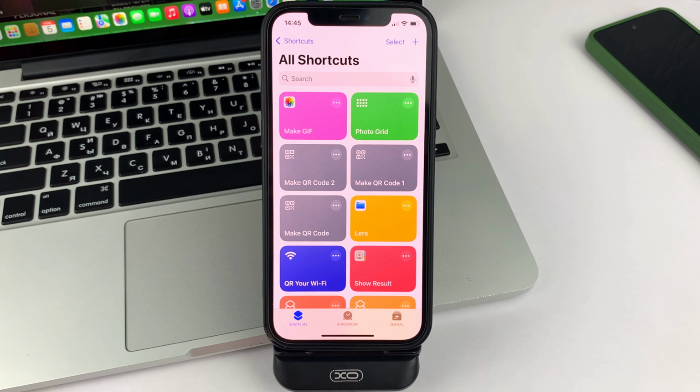And in this video, I will show you how you can add Wi-Fi to the control point on your iOS